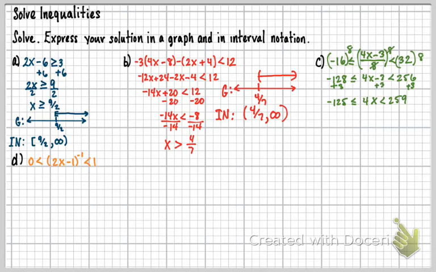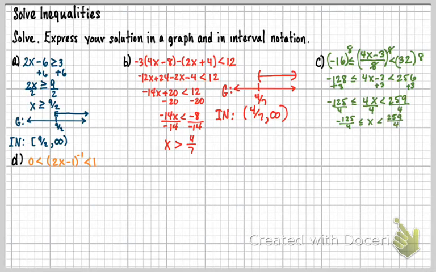So now I just divide everything by 4. Now I don't have to flip it because it's not a negative 4 I'm dividing by. But if it was, then both of my inequality symbols would flip. Okay, so anyway, this is going to give me negative 125 over 4 less than or equal to x less than